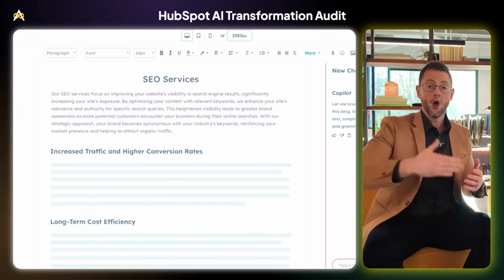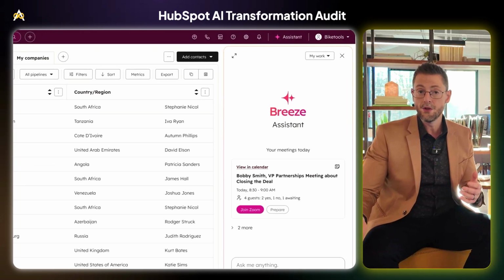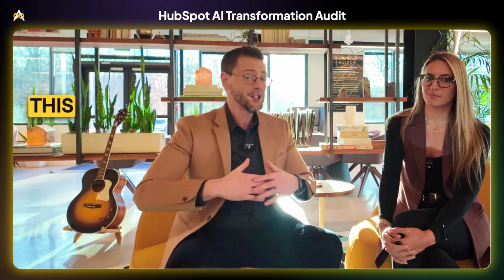Not only do we help you understand where you are in your AI transformation, what you're going to be able to accomplish, what the tools are, and what you need to do next, but we're also going to help you understand what those outcomes will be and what the impact upon your organization will be. Now, this is groundbreaking because AI is only going to become a bigger portion of what you're doing day in and day out. This is for your sales, marketing, service, and operations teams, and we're going to be able to walk you through it all.